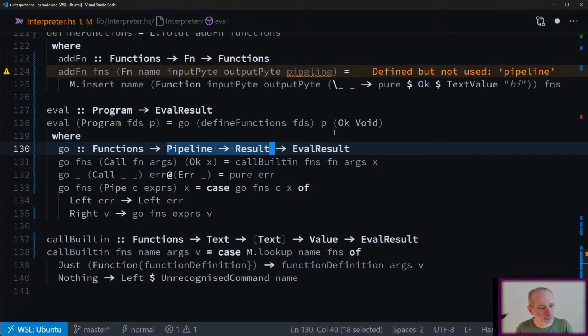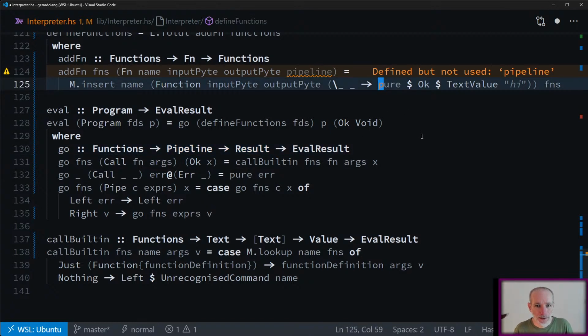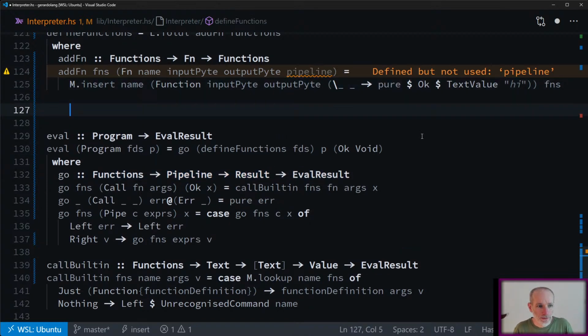We don't even have a result actually. We have a value, but I can turn it into a result by just saying OK on it. Okay, so